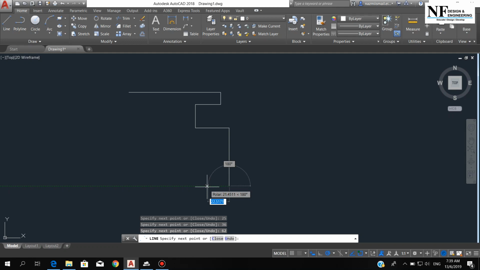then to the left with value of 27, press enter, then move downward with value of 13, press enter, then to the left with value of 62, press enter, then move upward,